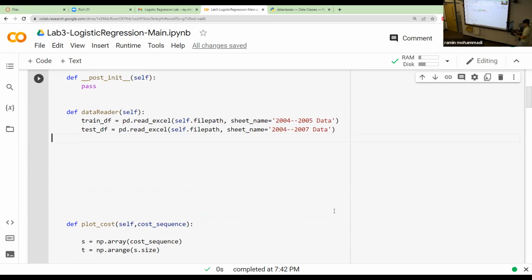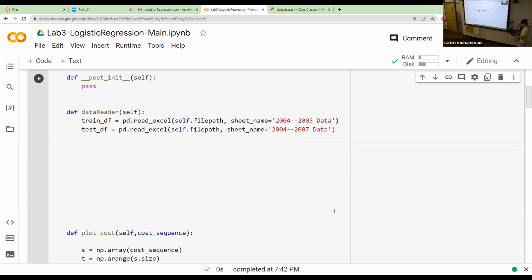This is a pandas data frame, but we don't need it as pandas. We want to convert it to a NumPy matrix, right? And we want to separate it. I think the first column is classes. Column 0 is the class, and the rest is the input data. So we can say